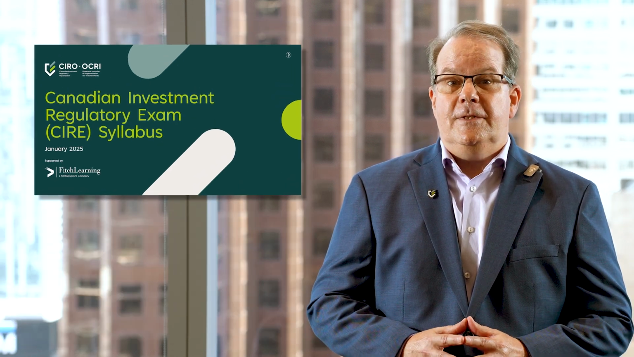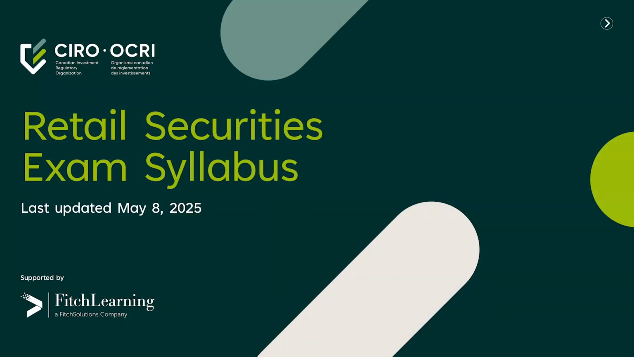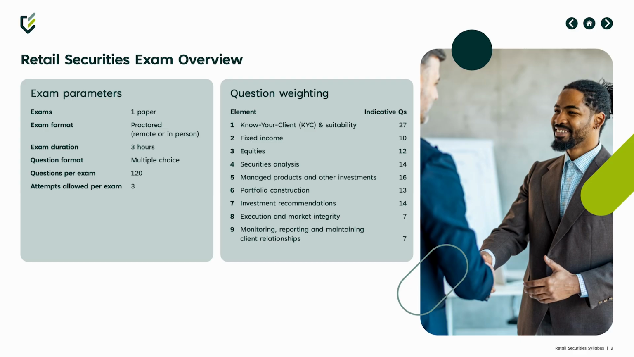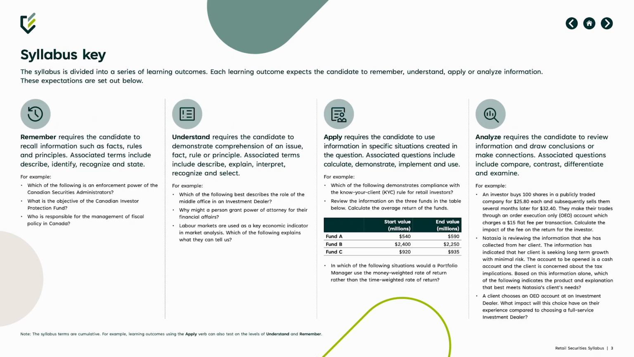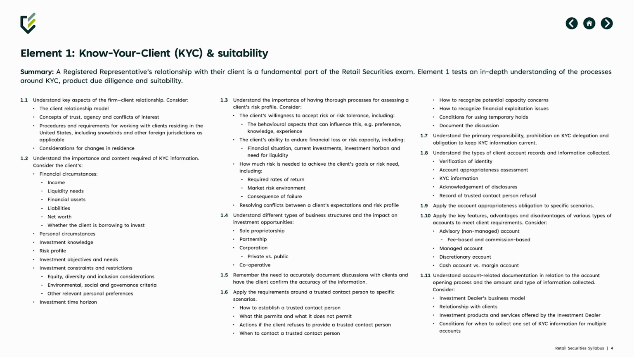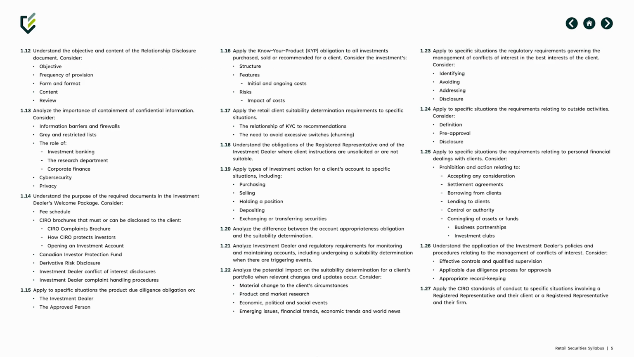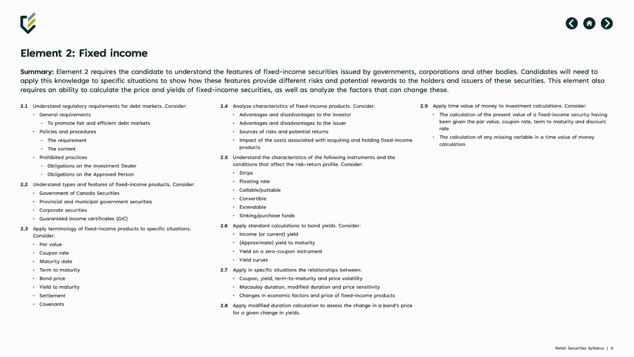Let's start with the syllabus. Think of a syllabus as a kind of exam roadmap. Each syllabus is based on CIRO's competency profile for each approved person role. The competency profile describes the knowledge, skills, and behaviors a competent approved person must have. The syllabus translates the competencies into learning outcomes. Statements like this: